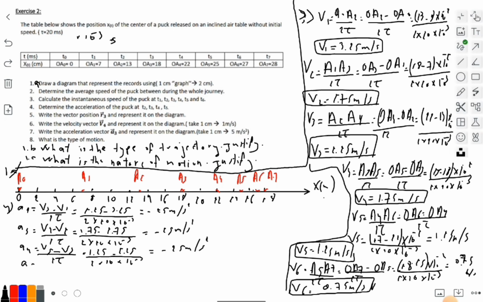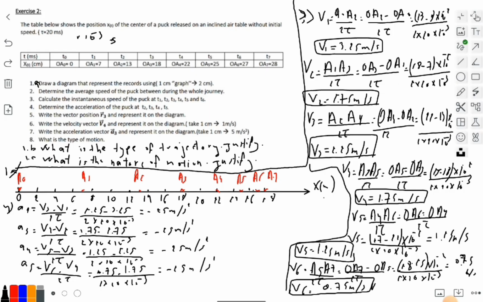And A5 equals V6 minus V4 over 2 tau, equal to 0.75 minus 1.75 over 2 times 20 times 10 to the power minus 3, equal to minus 25 meter per second